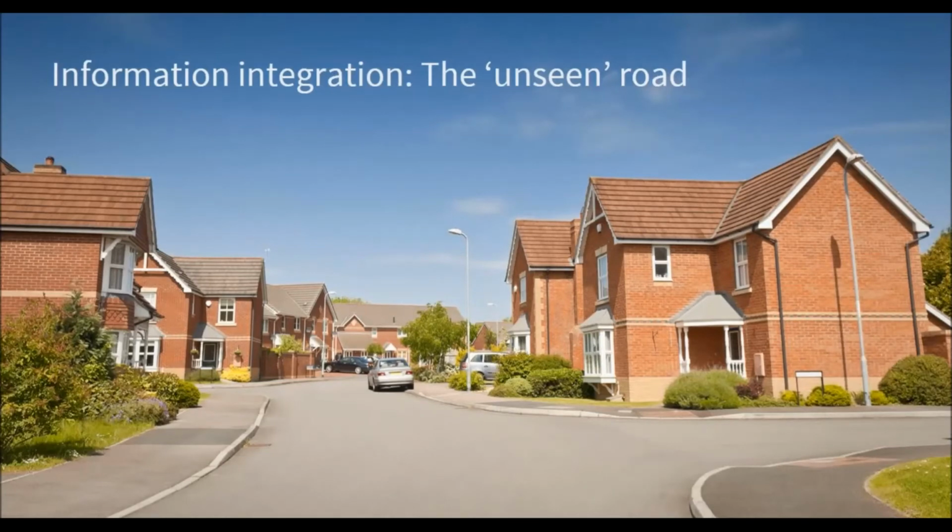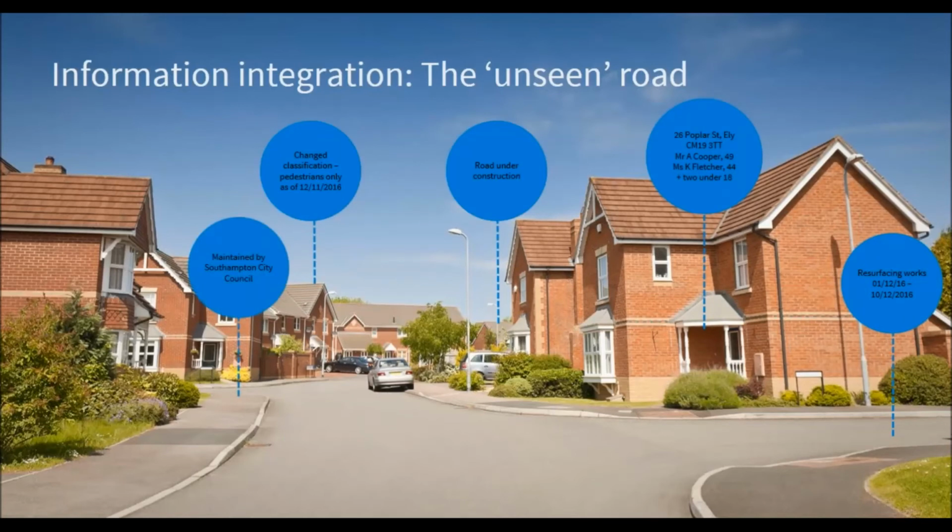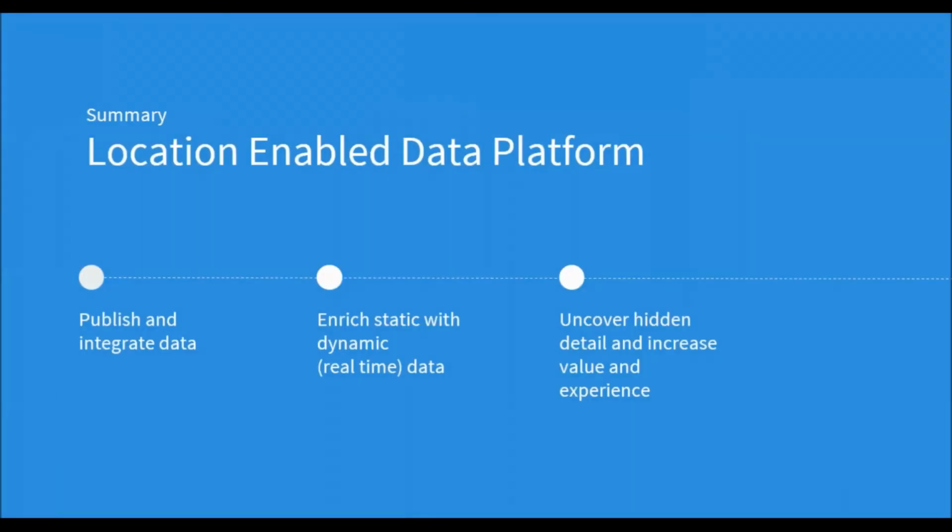So before I come to an end, there's this idea of information integration, and what you see here is something that we've called the unseen road. So if you just look at this picture, you will certainly find out certain aspects about this particular road or this particular part of town. But it's only when you can integrate other types of information which you can't really see, about a road that's under construction, about resurfacing work that might start, about who actually maintains this particular pavement, that the information you can actually pull together becomes so much richer. And that is essentially what information integration is about.